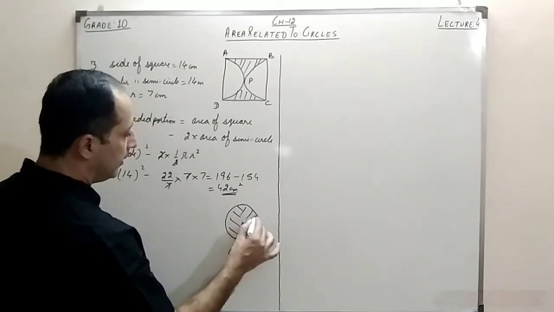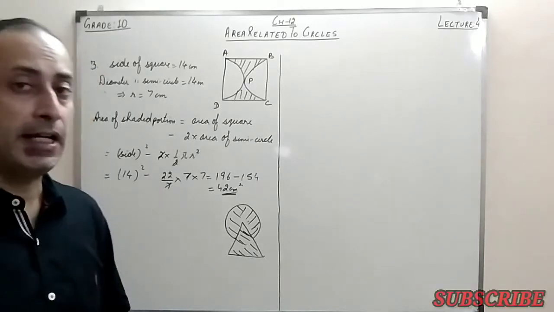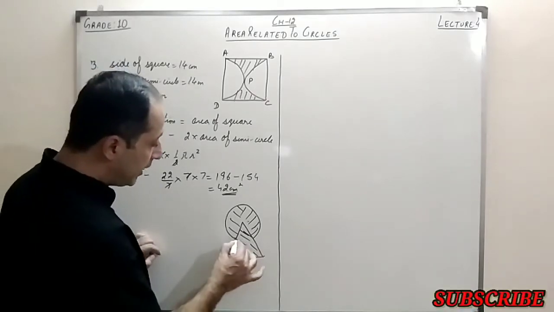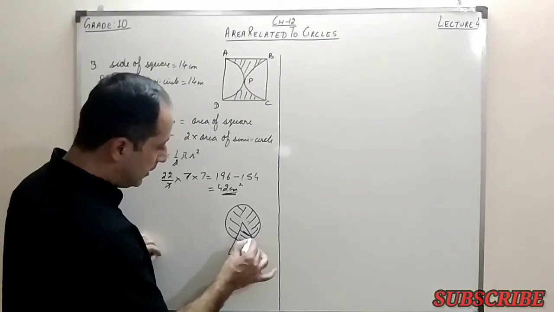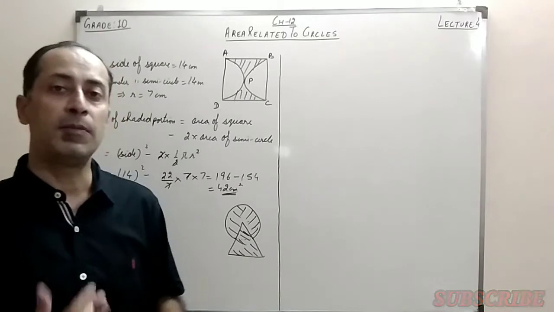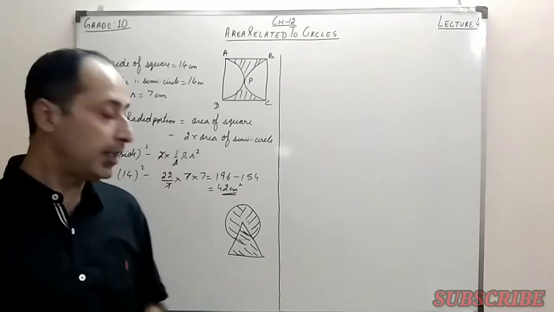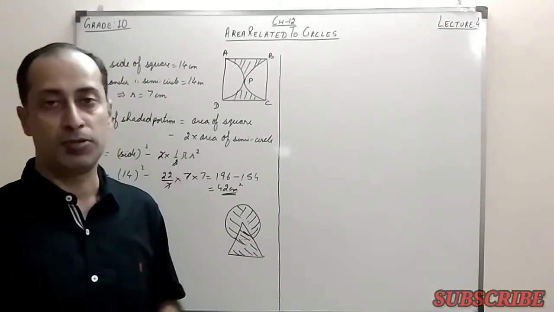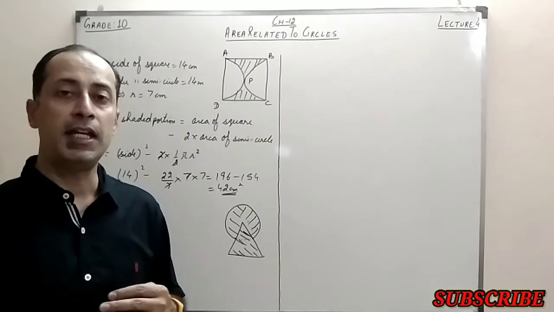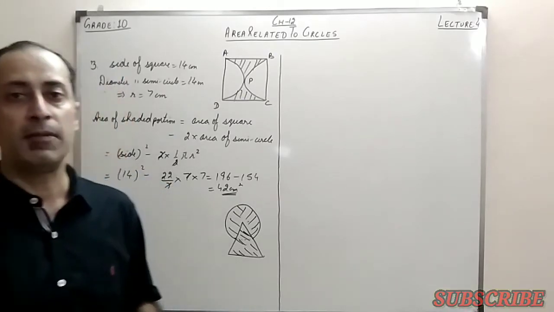Now, if you see carefully, there is a circle, there is a triangle, but we cannot add the area of circle and triangle. Why we cannot simply add the area of circle and triangle? Because if you see carefully, this much portion is common in both. It is coming in circle also and it is coming in triangle also. So if we are adding the area of circle and triangle, somewhere we have to subtract the area of this sector also. So we have to find the combination of this complete area. We'll do area of circle plus area of triangle minus the area of the common portion, that is the sector. Now before that, what are the dimensions given to us?